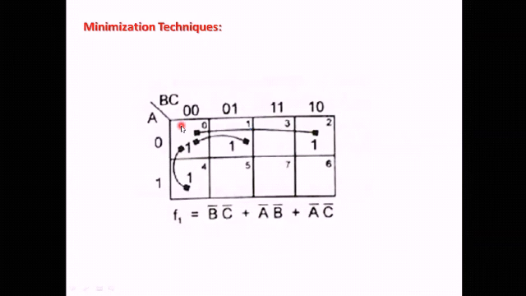That is, we will be seeing all the minimization techniques. Now look here, one example is given like this. So what min terms are present? Min term 0 is present, min term 1 is present, min term 2 is present, and this one is min term 4. So basically here min terms 0, 1, 2 and 4 are present. So how to do the pairing? See here what we have done. This pairing we have done like this.